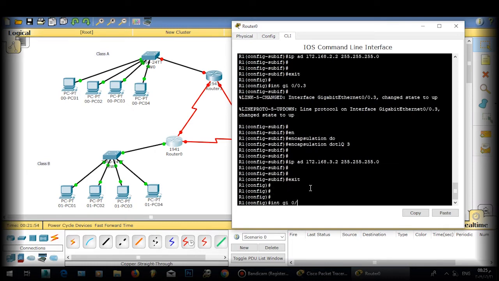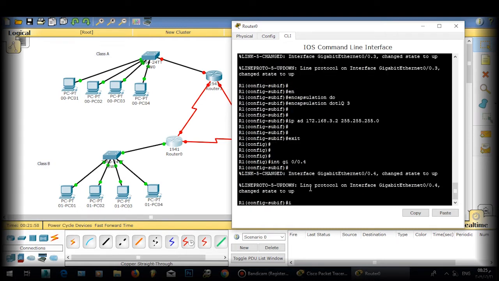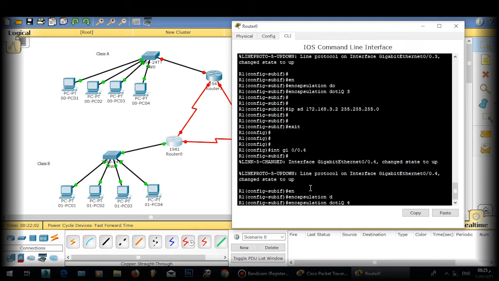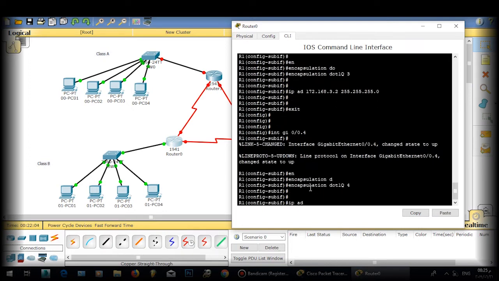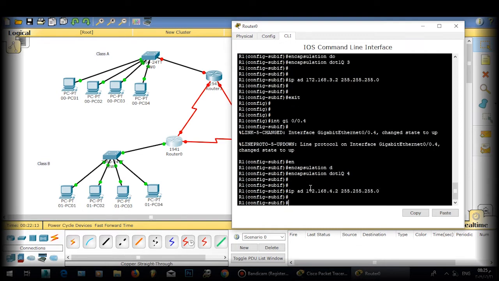Interface GI0.4 will be like encapsulation dot1q 4. IP address will be 0.4.2, and we will